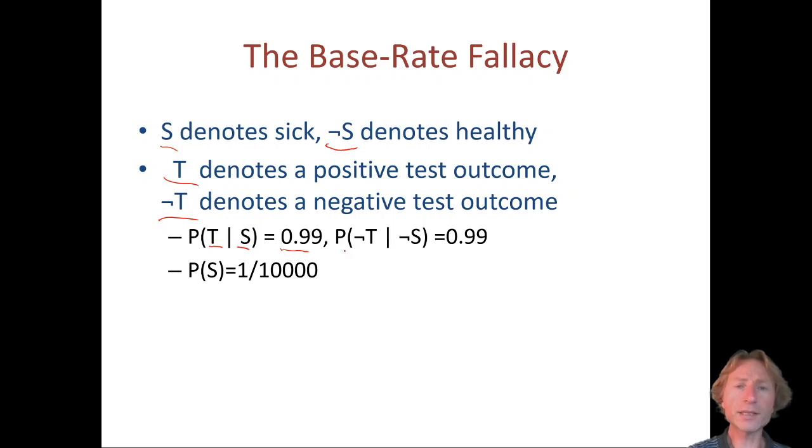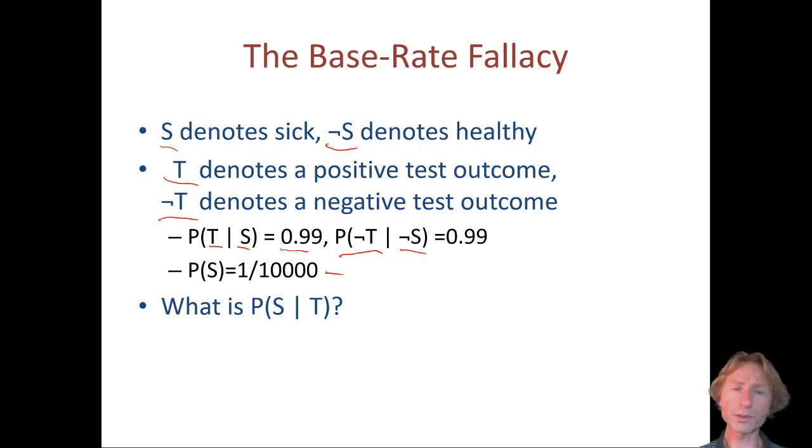And that is the same as the probability of testing negatively when we're not sick. That's also 0.99. We also know that the incident rate is 1 in 10,000. So the probability of being sick in general is 1 in 10,000. Now, what we want to know, the question that I asked, is what is the probability that I'm sick given